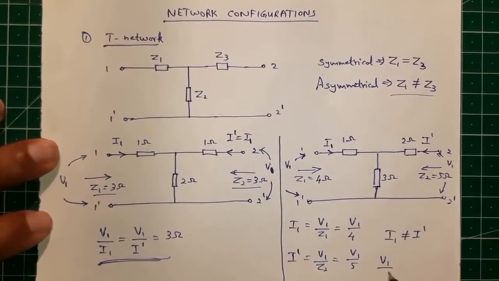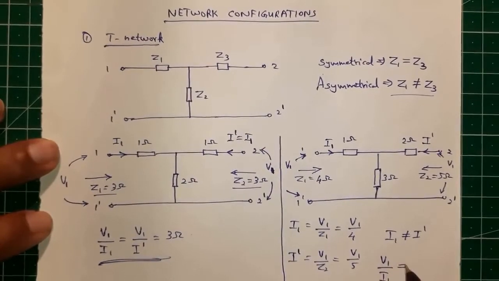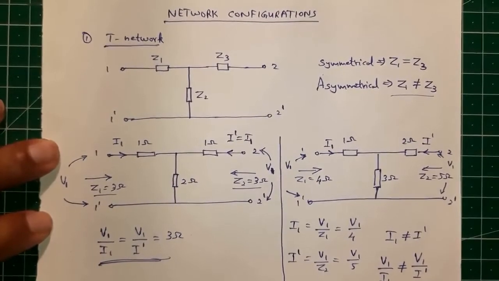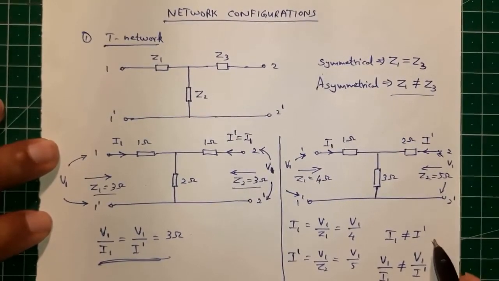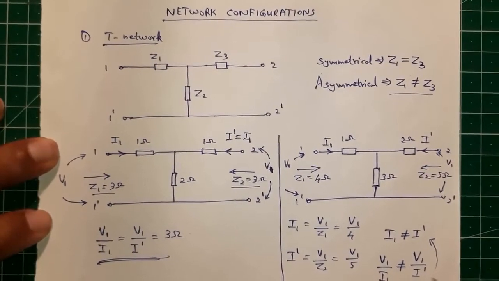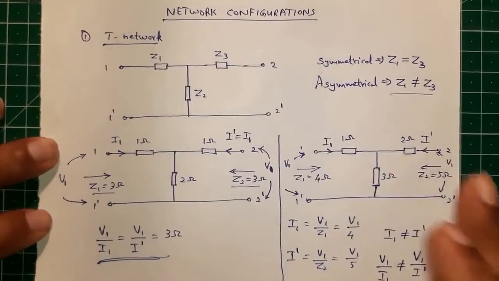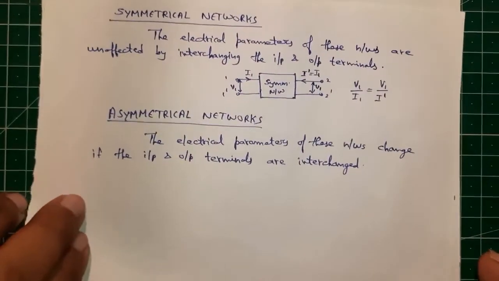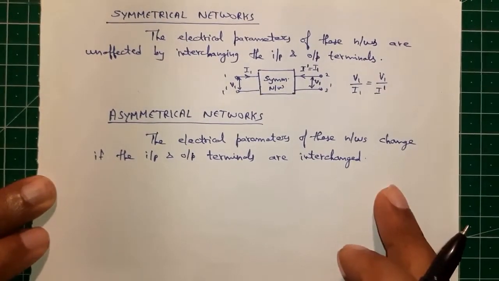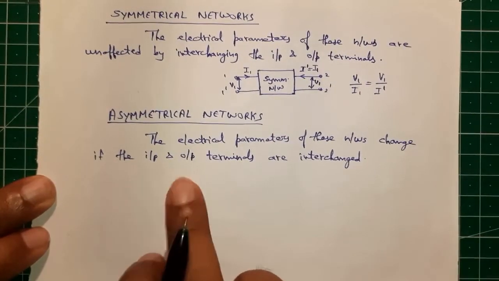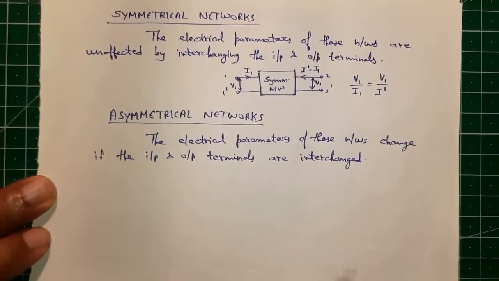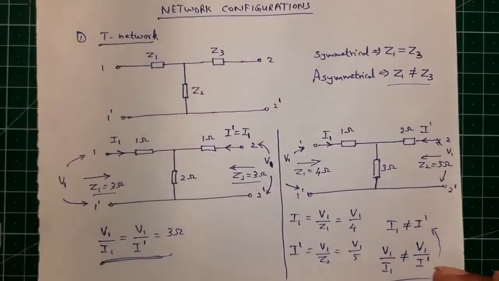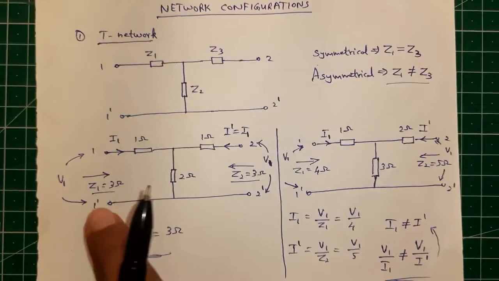So V1 by I1 will not be equal to V1 by I dash, since I1 is not equal to I dash. So this proves that this is an asymmetrical network as per the definition that we have written. That is, electrical parameters of these networks change if the input and output terminals are interchanged. Here we are considering the electrical parameter, which is the impedance parameter, that is Z1 and Z2